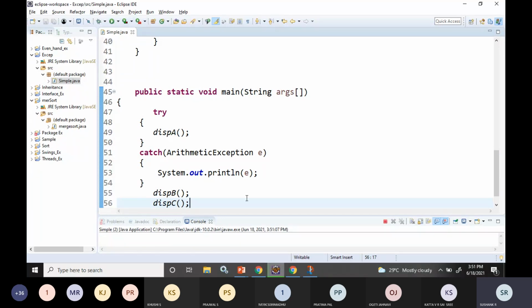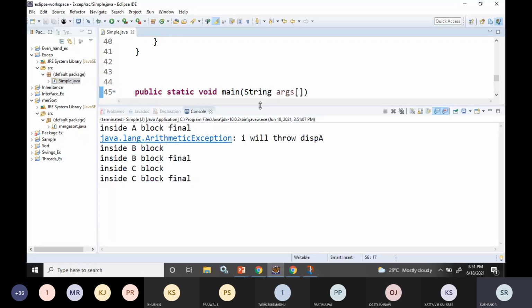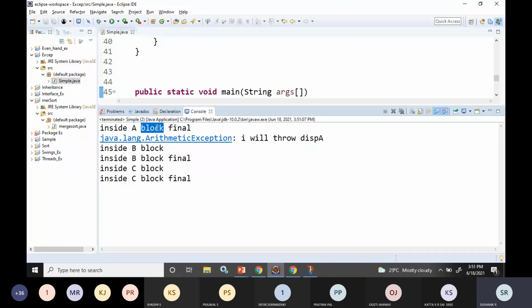Inside block A, I am handling the arithmetic exception. Inside block B, this block B is getting executed. Inside block C, the block C finally is getting executed. You can check that.